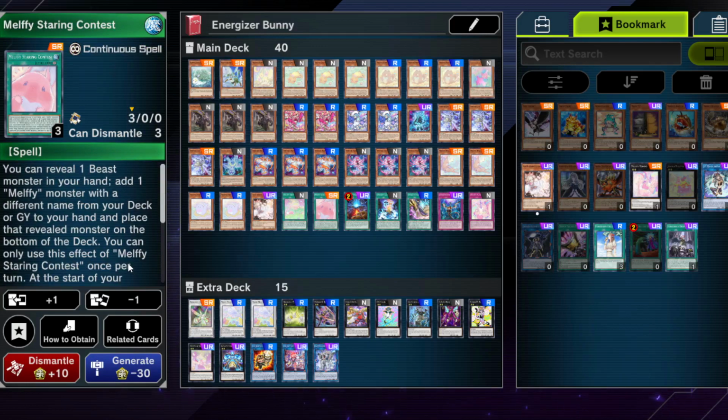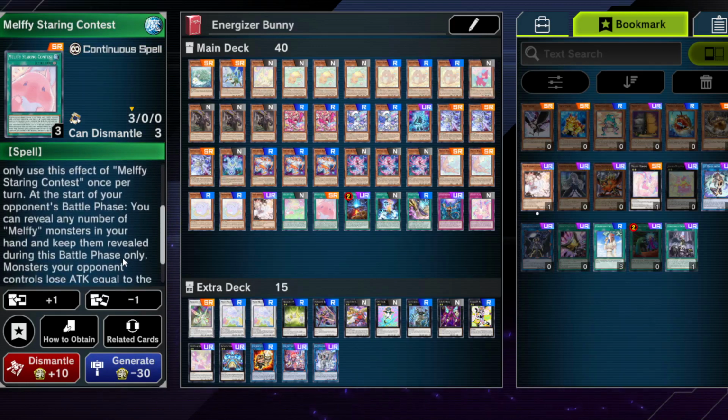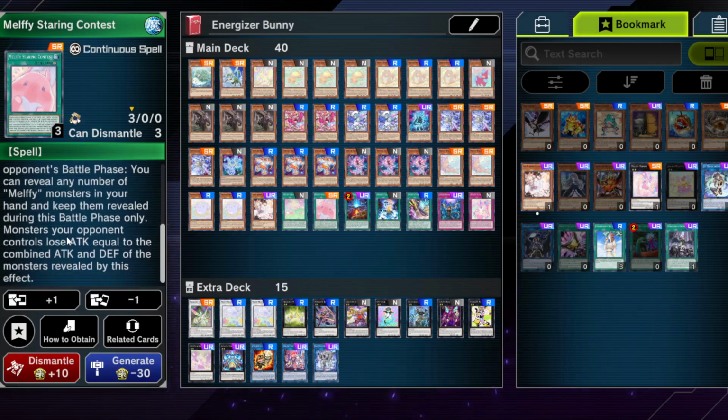It's also searchable with the Xyz monster, and it has another neat effect, and it helps Sprites in theory, because Spright also isn't a deck that excels at attack value. So protecting your monsters by the fact of that at the start of your opponent's battle phase you can reveal any number of Melffy monsters in your hand. Your opponent usually knows what monsters they are anyway, because you've already added them to your hand during their turn,